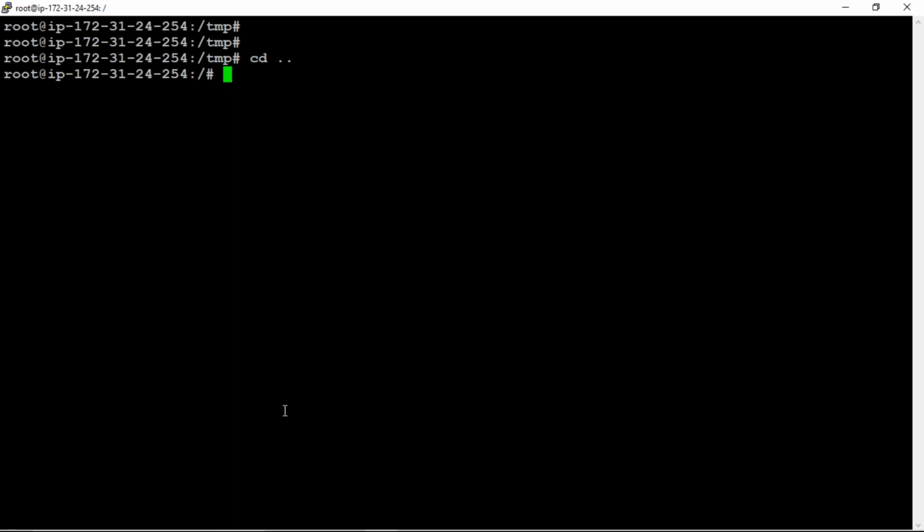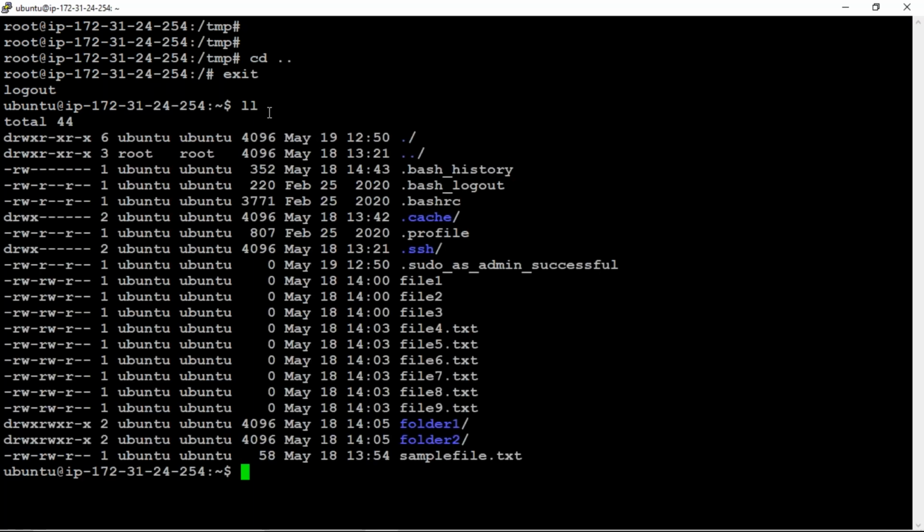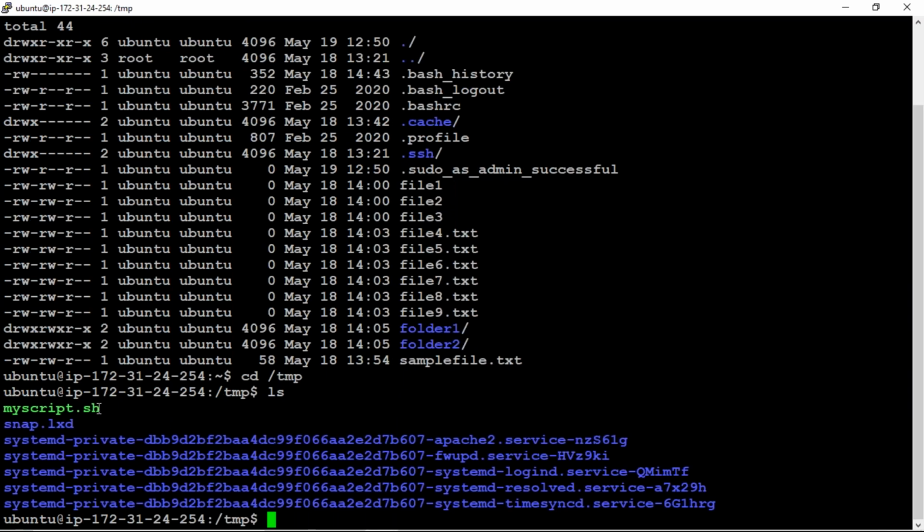Now I'm exiting from root mode also. I'm just typing exit. So I just came back here. Now type ll here. What are the files we are having? Previously, those are the files we are having. Now, is it possible to change to that temp folder? Use the command cd /temp. So we entered into that temp. Now type ls, and you will get that file there.